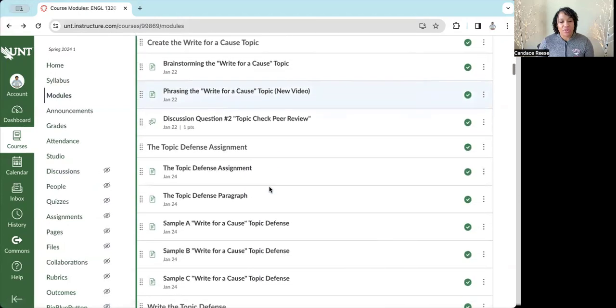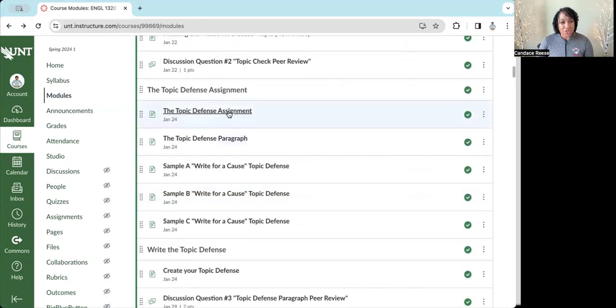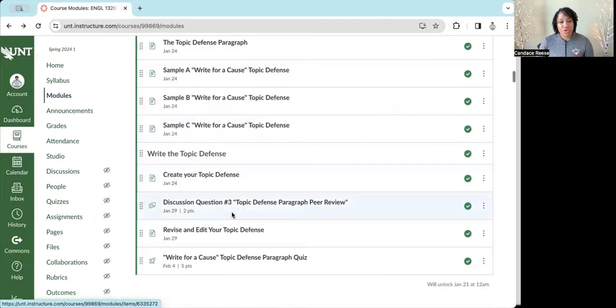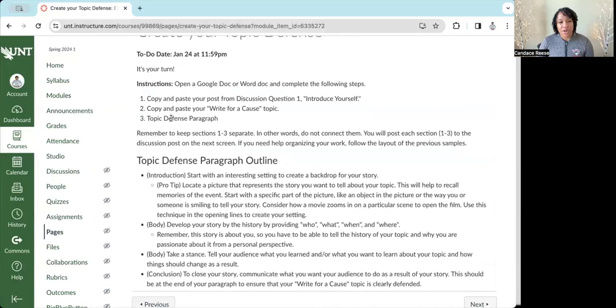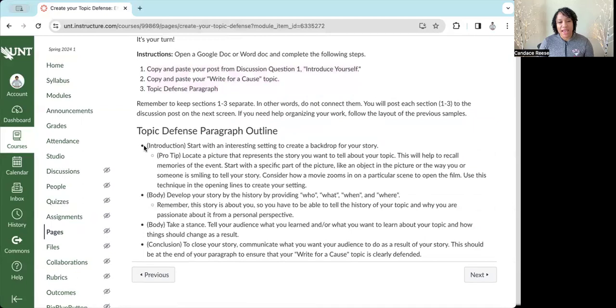You'll find that there are opportunities for you to write rough drafts as you go through. There will be samples in the modules to show you what you're supposed to do. When it's time for you to write a rough draft, make sure that you're following the instructions, that you're looking at the outline for how things should go. And then practice it, right? Just copy and paste the outline and try to fill it in.